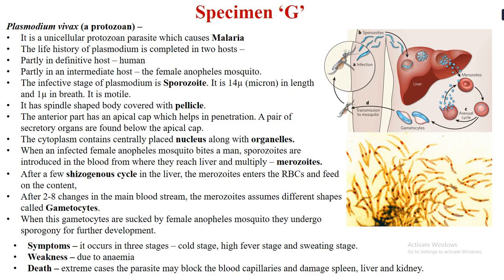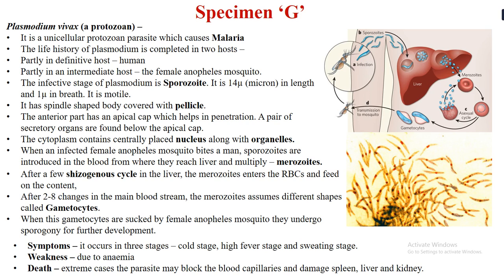Now, malarial fever again occurs in three stages. There is the cold stage, when the patient's body will be very cold and they'll start shivering. The second stage is the high fever stage, where the cold stage is followed by high fever with high respiration and fast heartbeat. Then the last stage is the sweating stage. In this stage, it is followed by the high fever stage, and the patient will start sweating and the body temperature will fall down to normal.